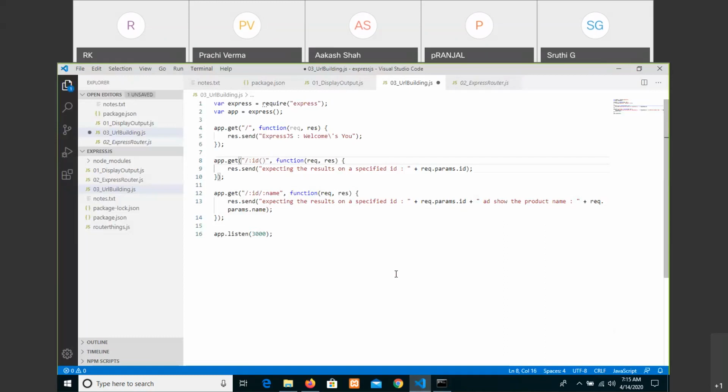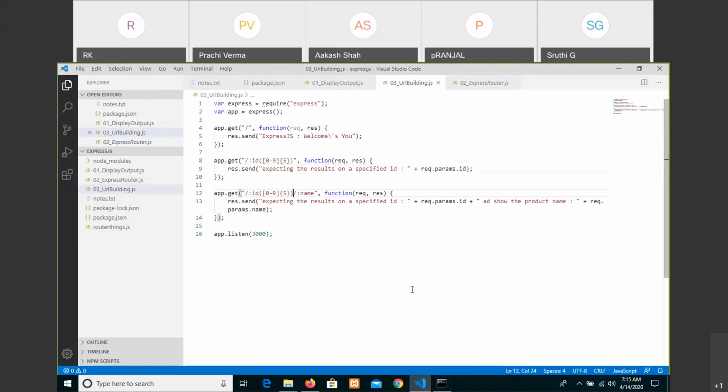Then how? Opening, closing parentheses, inside that opening, closing square bracket, saying that 0 to 9 it should be, and how many digits you want to take as an ID, 3 or 4 or 5 or something else. So this is the first condition we have given. Let us apply it like this.